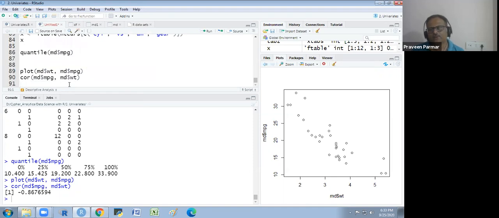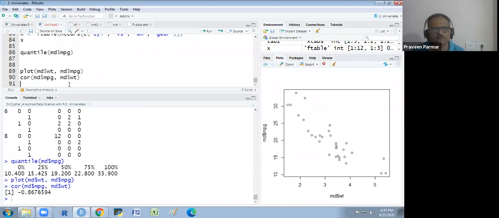There is a negative correlation of 0.86, which is a high degree negative correlation between mileage and weight. This is the Karl Pearson coefficient of correlation. You could also find the Kendall correlation and Spearman's rank correlation easily.